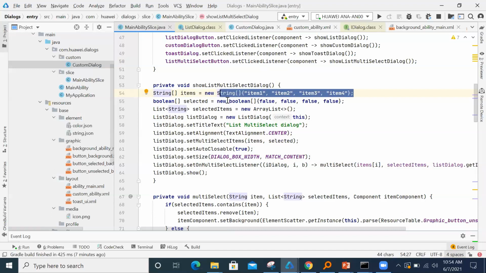Okay, so for that we have to create a custom layout for the item list? Yeah, you will have to create an adapter that will extend base item provider, and then you can manually give items based on user input. You can just have a button and then add items, all of that you can handle. Okay, means we have to create a custom adapter for that. Yes. Okay, thank you.